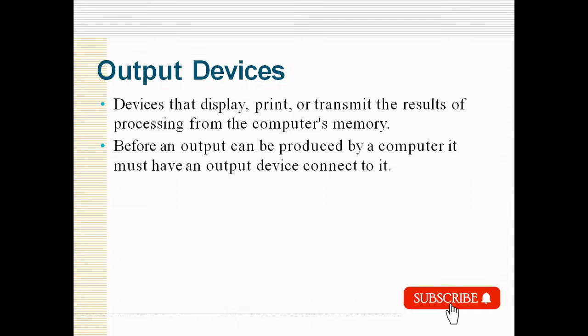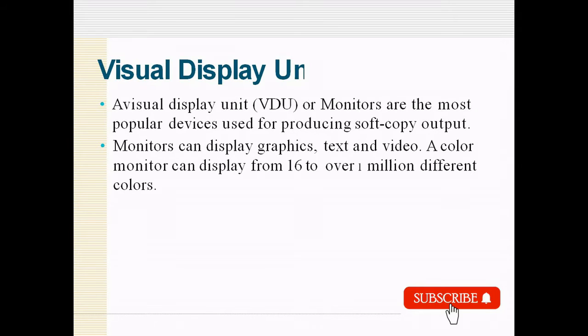In this video, we will see the output devices of a computer system. What is an output device? The output device displays the result of the processing of raw data that is entered in the computer through an input device. There are a number of output devices that display output in different ways, such as text, images, hard copies, and audio or video. Some of the popular output devices are